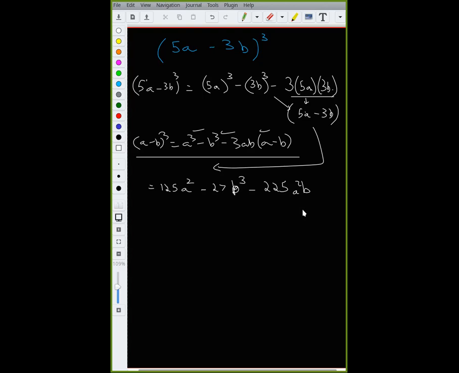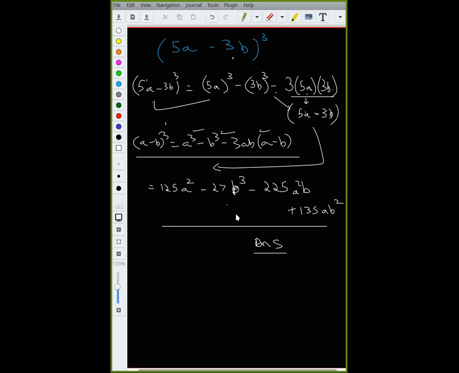That's 135. And we have a minus into a minus will give you a plus. Plus, and we have a, b, b. So we have a, b squared. That will be the final answer, right? So if you add this step in between, there are very few chances that you make a mistake in opening the brackets, okay? You can do it that way. So it's not necessary that you need to go from here to here directly.